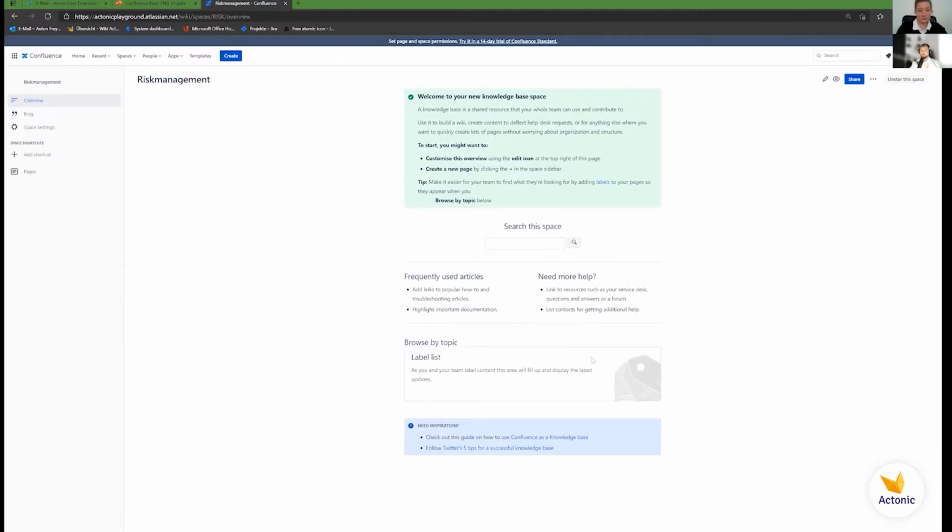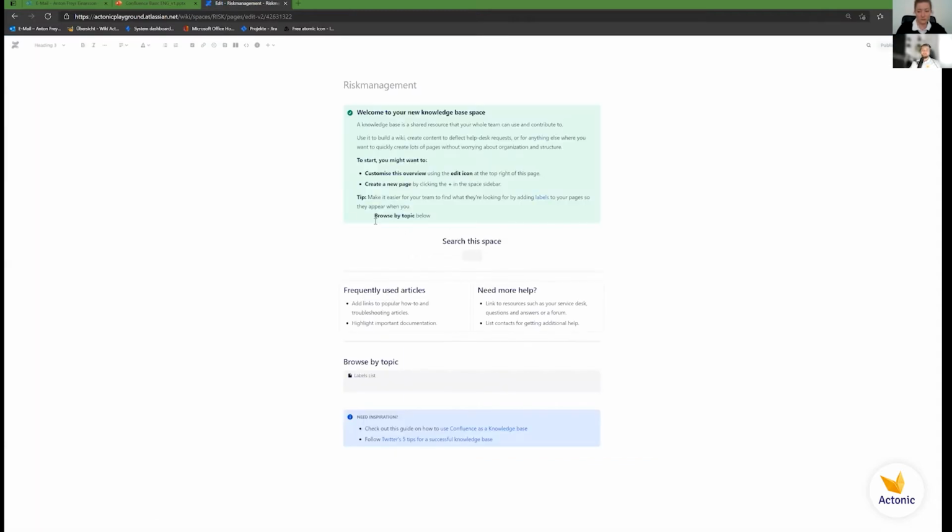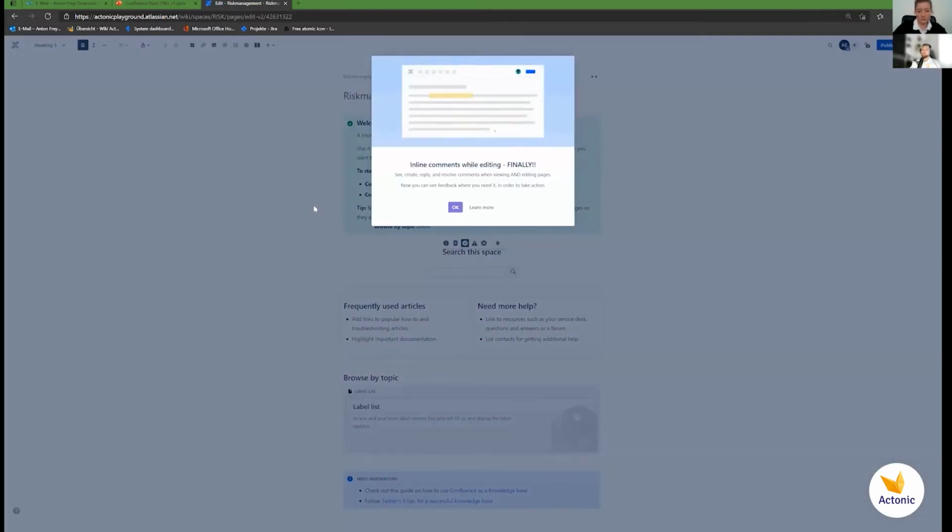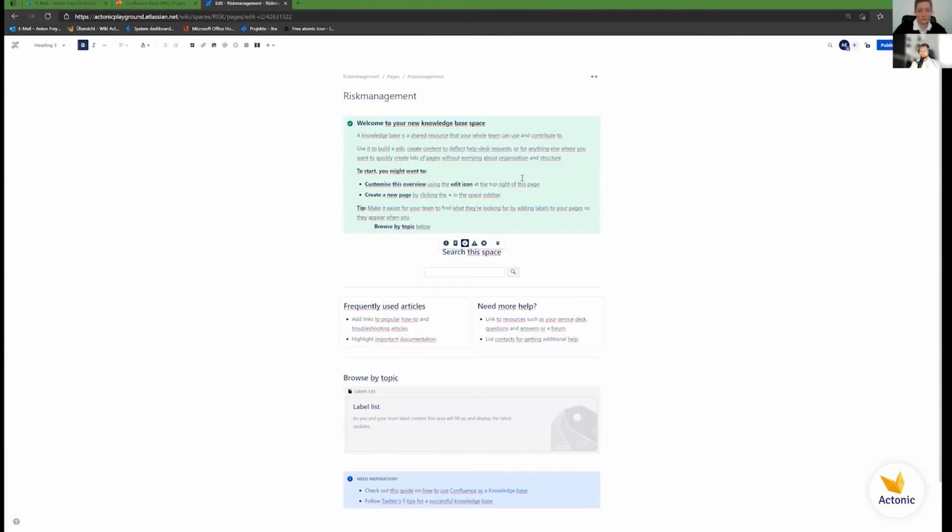And welcome to our landing page on our space risk management. You see, Atlassian gives with the template a bit of an overview of what can be on the landing page. But it's not what we want. I want to make it a bit different for later. So I can just go in here on this little pencil, go and edit, or press E if you want. And Atlassian just starts with explaining how I can do it. And the first thing popping up to my eye is the little